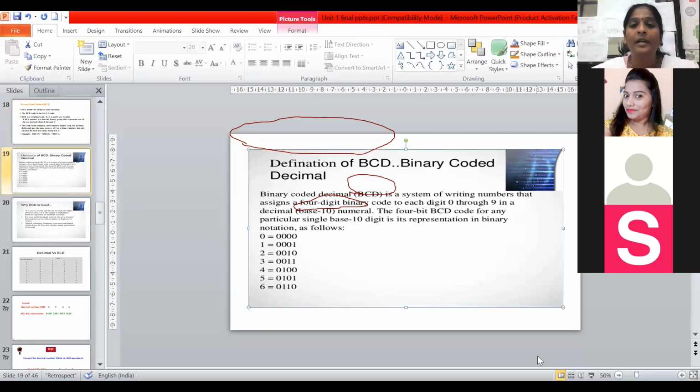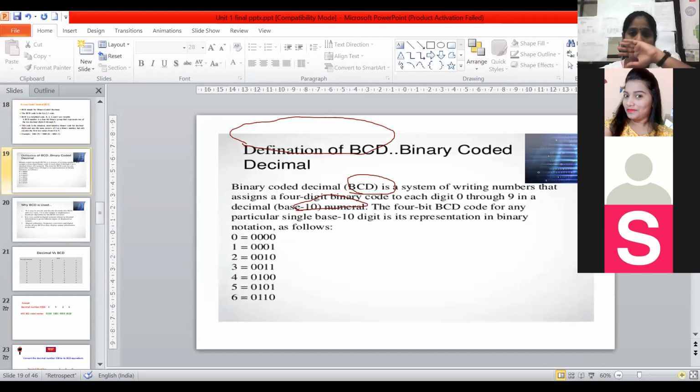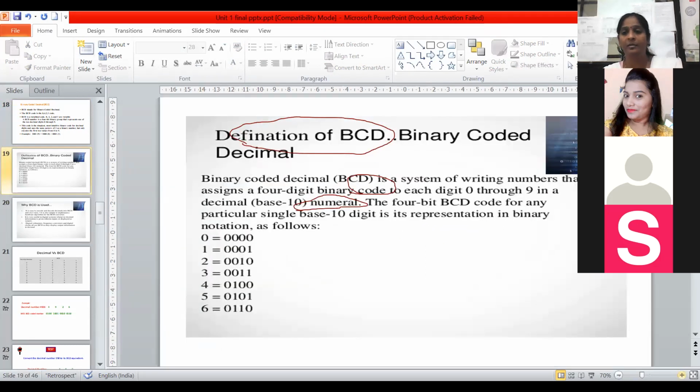Okay, here it is binary coded decimal. That is the BCD number system, a way of writing numbers that assigns 4 binary bits. We write 4 bits; for one number we consider 4 bits. I will explain how to write the 4 bits. Just understand it, listen carefully. As BCD is an 8421 code, I will take a pen. This 0 I have written here. The BCD number of 0 is 0000.